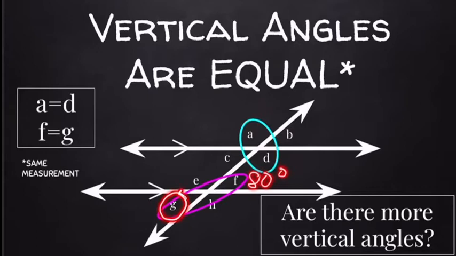G will also be 80 degrees, because they are vertical angles, and vertical angles are equal. So Donald, are there any more vertical angles in